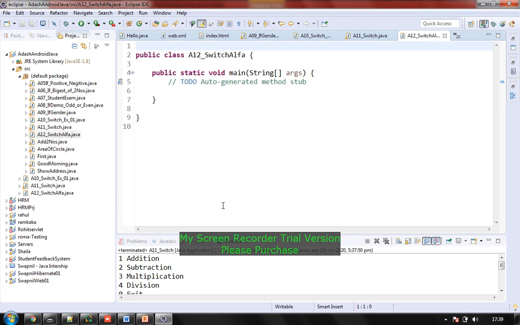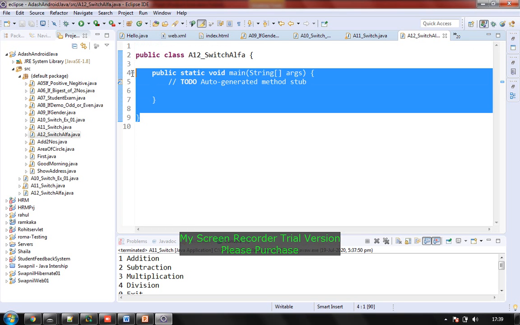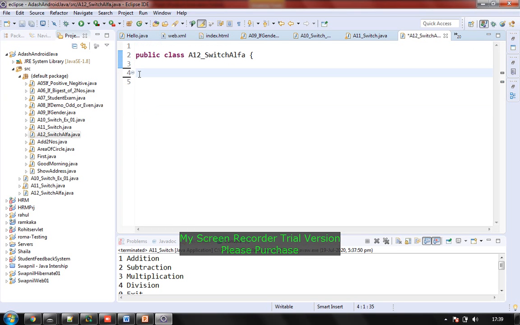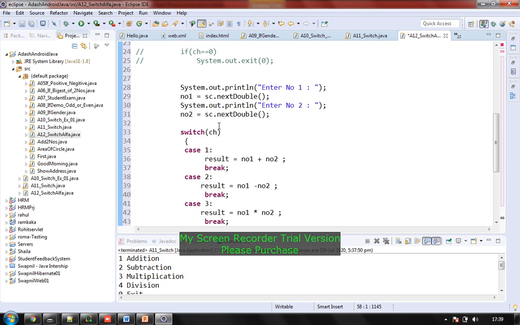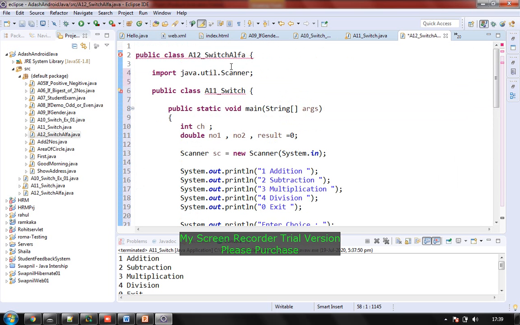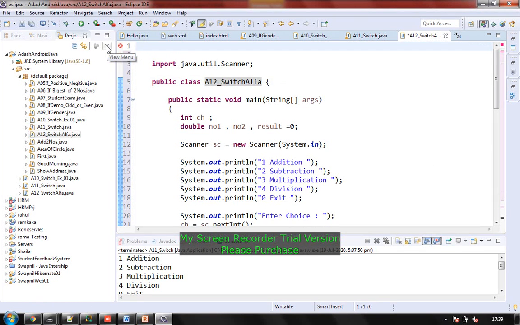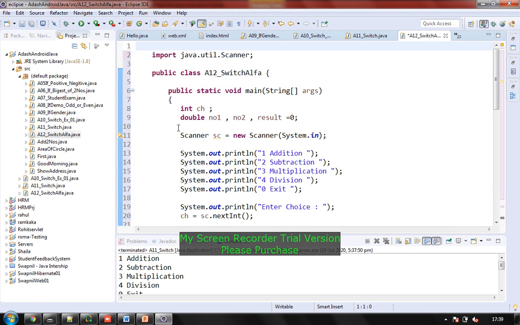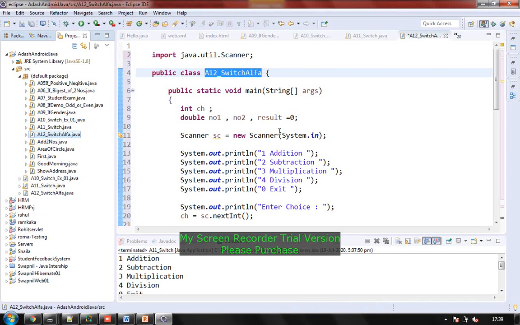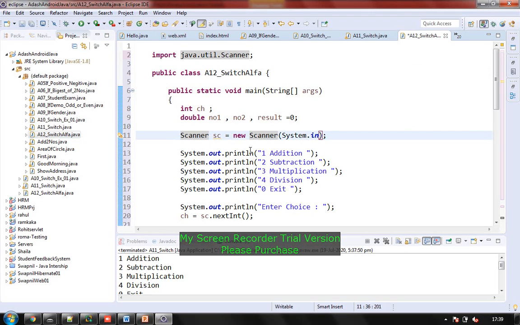What I do now, I just remove all this. Fine. I use the previous program just to save time and change this alpha name, copy it to this program, and I delete the first line which was there. So my entire program is the same. See what I did, why I changed the file name of the class, because Java has a rule that your class name and your file name have to be the same. So this is what we are going to convert to alphabets.